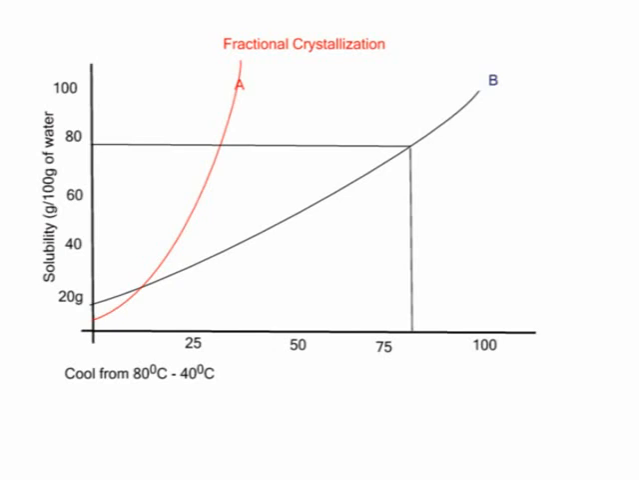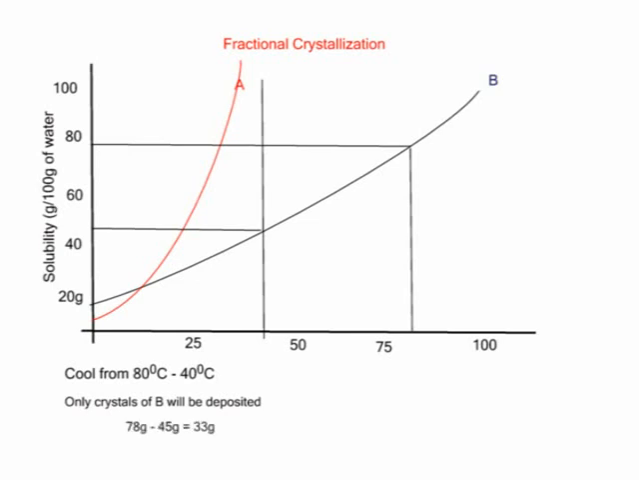So again, I go to 40 degrees Celsius. What is the solubility of B? It is 45 grams. And again for A, it's still infinite. So if I cool that temperature from 80 to 40 degrees Celsius, only crystals of B will be deposited. How much of them? 78 minus 45 grams, which gives us 33 grams of B. No salt of A will be deposited, and that is what we call fractional crystallization, and it is done and